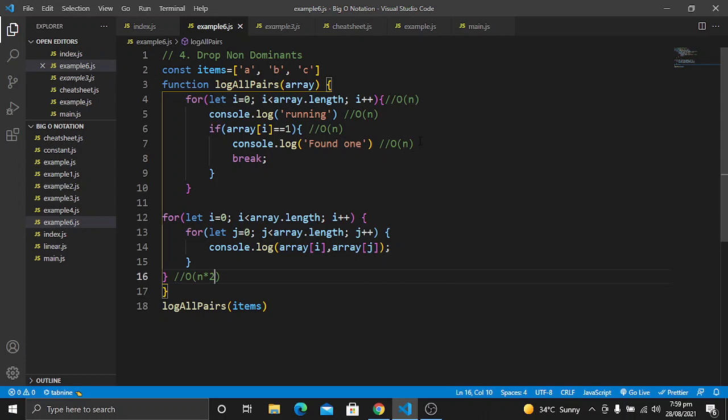Now how can we calculate the final big O notation of this function? If there is a single loop and there is another nested loop, how can we calculate the big O notation for this? Here we can apply the fourth rule, which states that we drop the non-dominants.